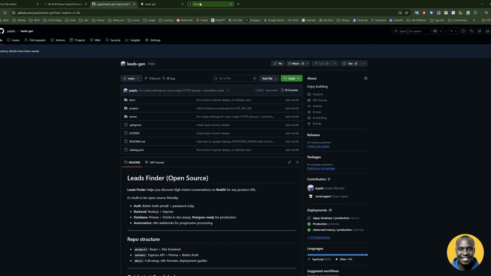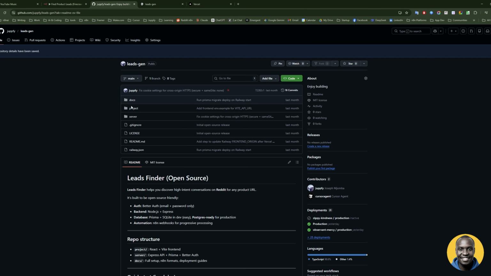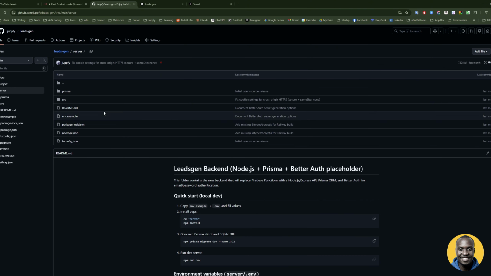But there's some secret ones like the API key. So if we expose the webhook URL, it's not an issue, but because we have secured it, we can't expose the API key on the front end. Yeah, so that's why I'm using the server on Railway, and that's what we're going to set here. So don't worry, I'm going to show you where you can get these variables very quickly. Now, when you click on server, you will see this file,